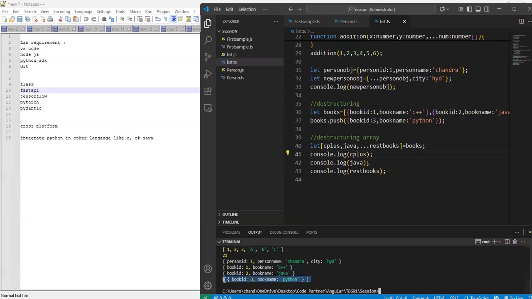Here in the JSON object, we pass the book name C++, and in the destructuring array you are using C++. So how will it be? It breaks the thing into variables by index. This value starts getting values from the start, as it is an array type. Array 0 1 2 3. Then the first value is assigned on here. Second